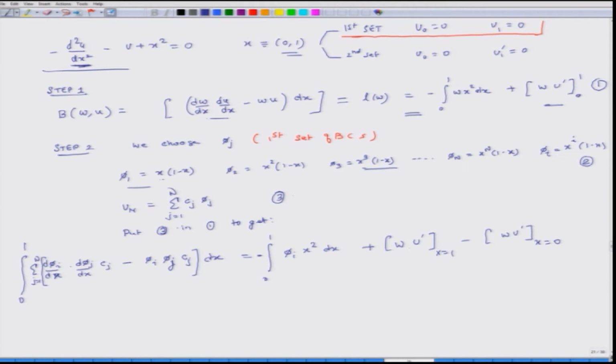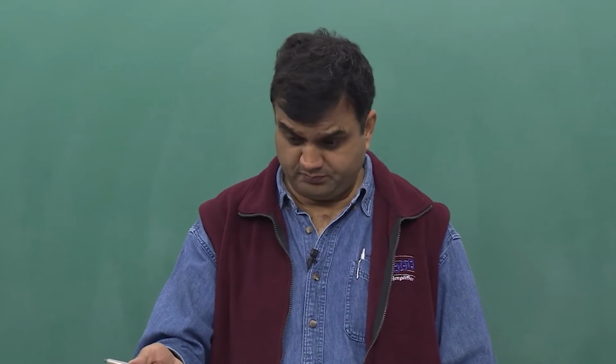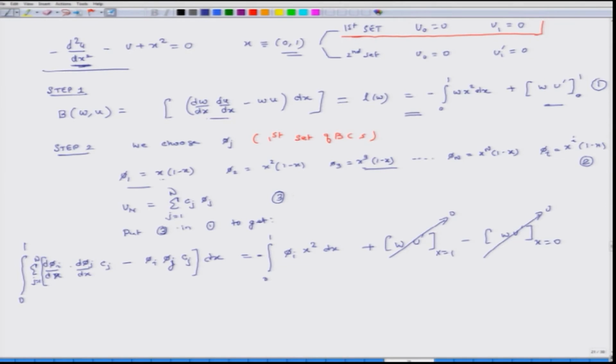Okay. So, let us see these boundary terms. At x equal to 1, all these functions are 0. This is how we had chosen the nature of the functions. So, this is 0, and at x equal to 0 also this is 0. So, both these boundary terms in brackets vanish, because the boundary conditions related to the primary variable are known at both the endpoints, which may not be the case in the second case where u is prescribed at x equal to 0, but it is not prescribed at x equal to 1. Okay. So, that is there.